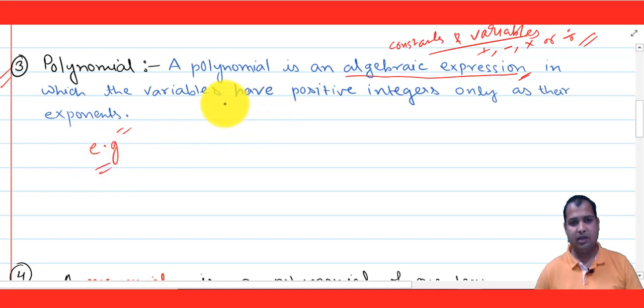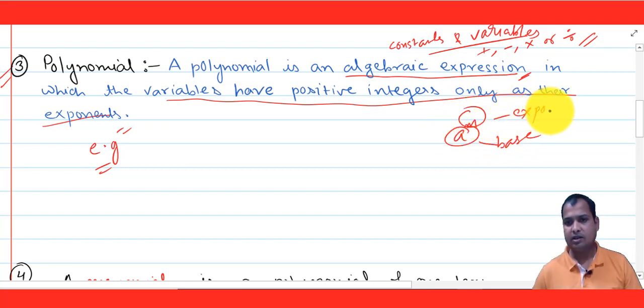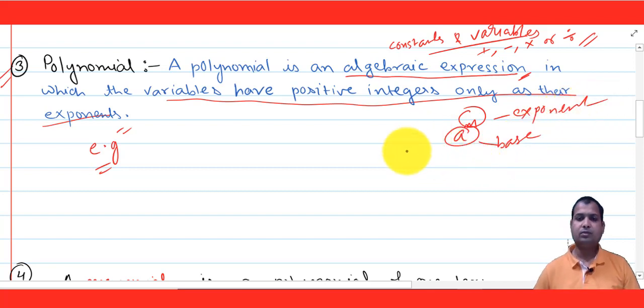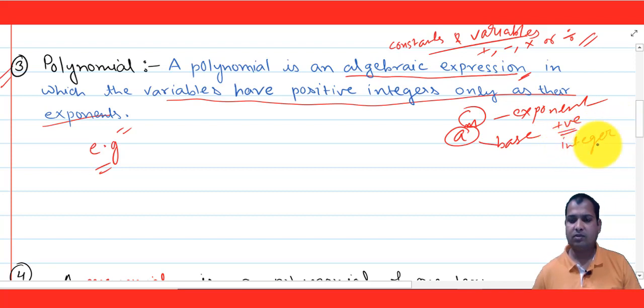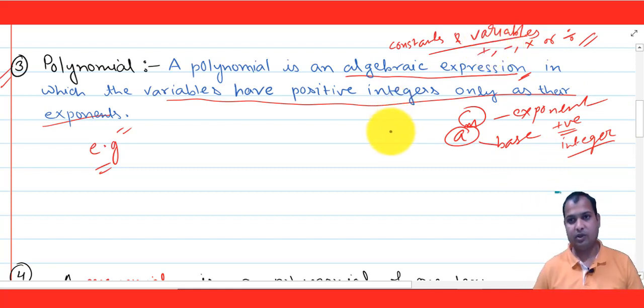Here, what does it mean that the variables have positive integers only as their exponents? So we have already studied the chapter exponent. Okay, like here, if I write a to the power m, okay, then a is called base and m is called exponent. Yes or no? So in this case, variable should always have positive integer, okay, positive integer as the exponents. Okay,